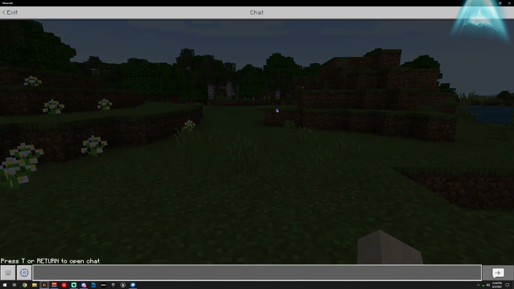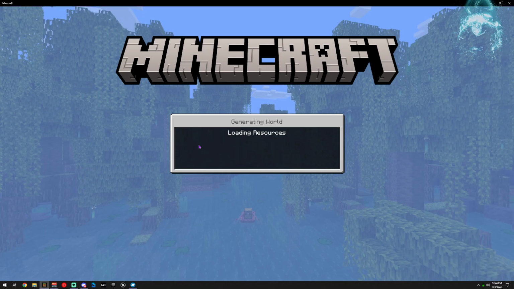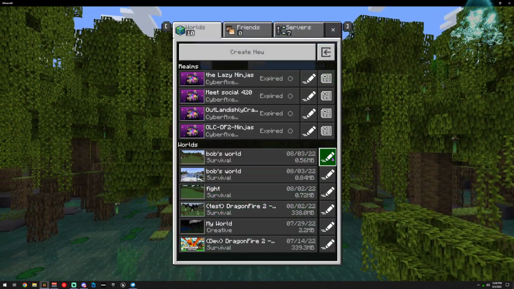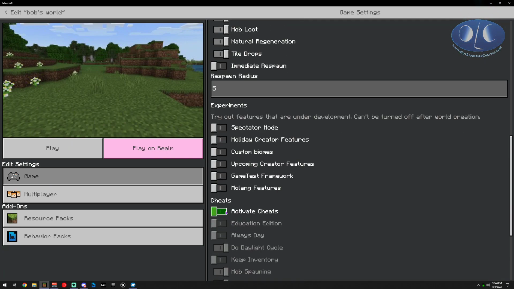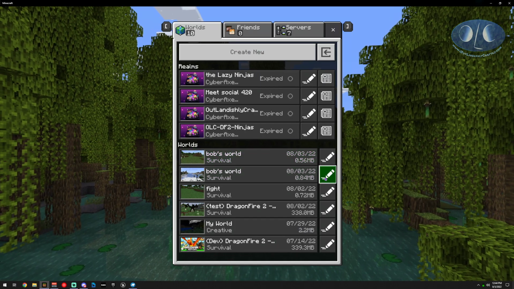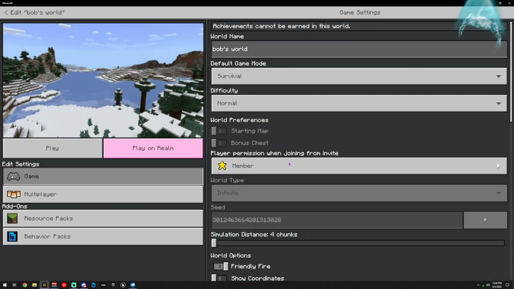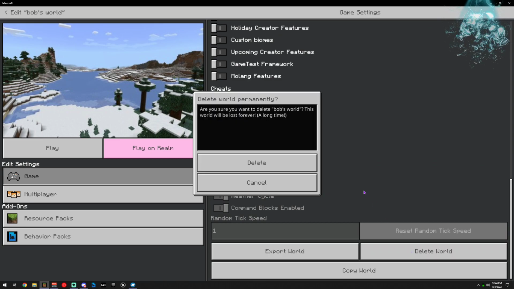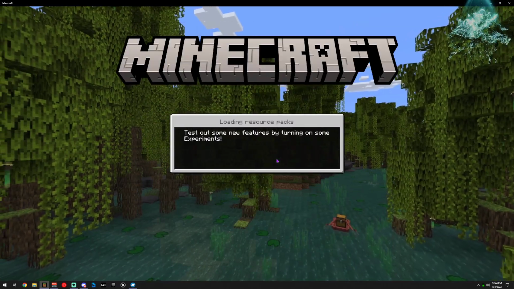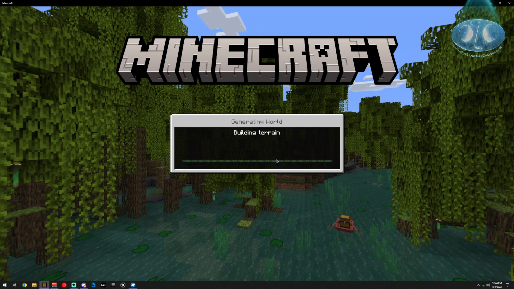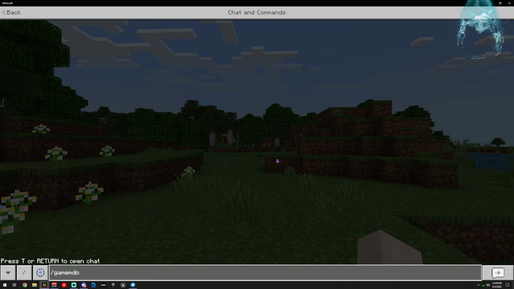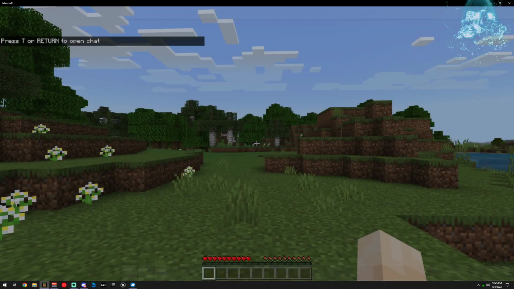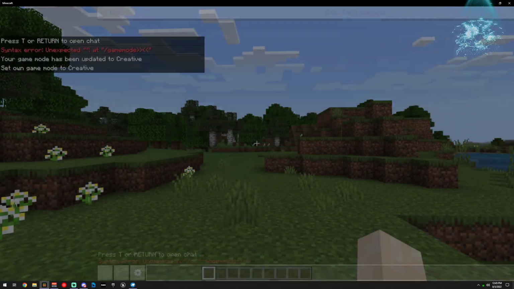So first, we need to go to cheat mode. So let's jump out of the game. Let's enable cheats so that we can spawn them. And I'm going to get rid of my old world because we made a new one. And we go into the world, and then we're going to spawn a Bob. And then after we spawn a Bob, then we're going to go modify the Bob. So first thing is, let's go to game mode so that we don't die when we spawn the Bob. Oh, sorry, game mode C.